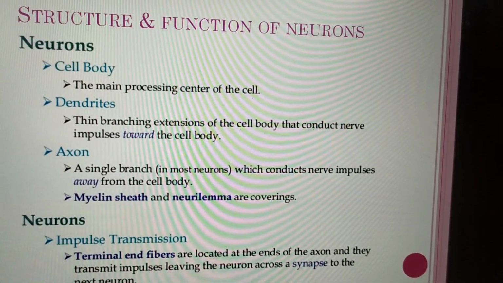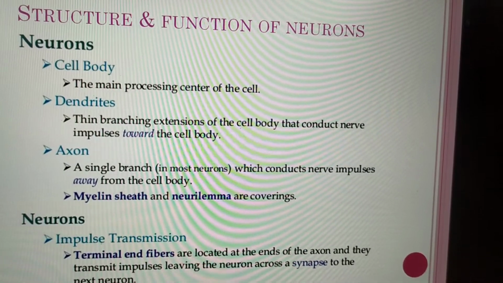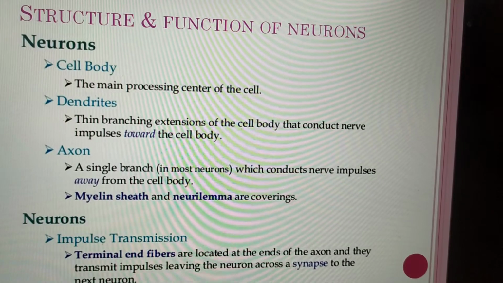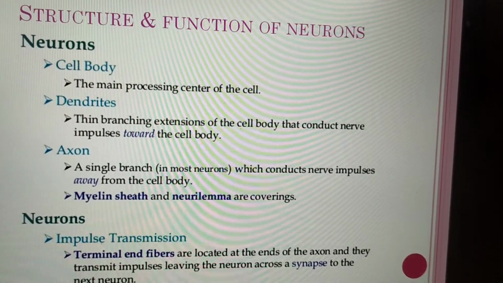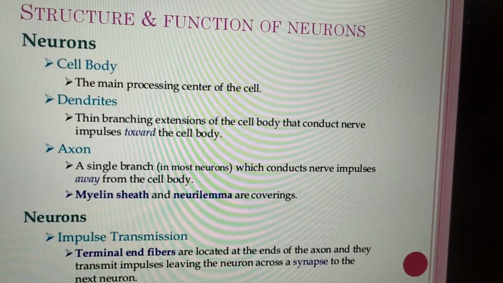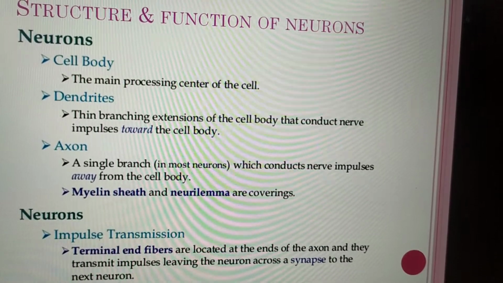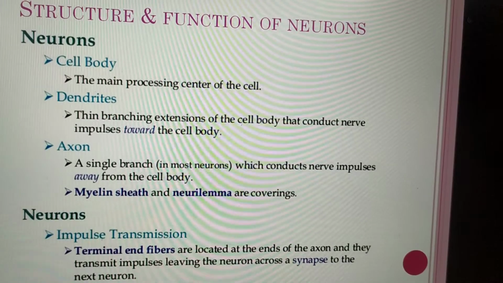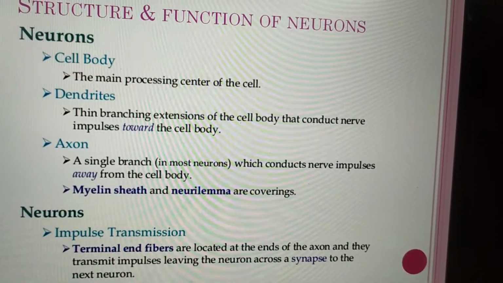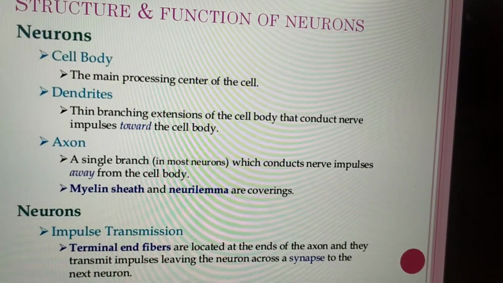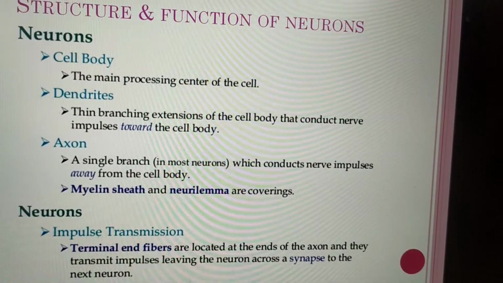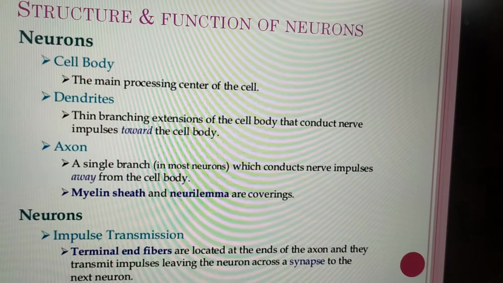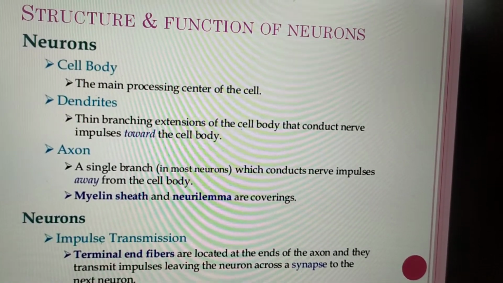Neurofibrils are present. A single sheath present over the axon is made of Schwann cells, which is called the neurolemma. If a layer of insulating myelin or fat occurs between the neurolemma and the axon, a nerve fiber having myelin is called a myelinated fiber, and if it does not possess myelin, it is called a non-myelinated fiber. Myelinated nerve fibers are more efficient in transmission of impulses than the non-myelinated fibers. At intervals, they bear unmyelinated areas which are called the nodes of Ranvier.